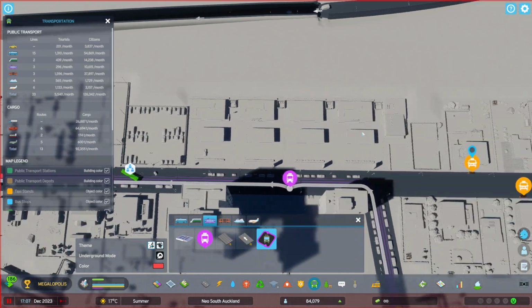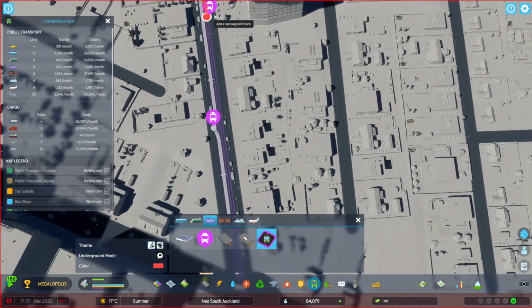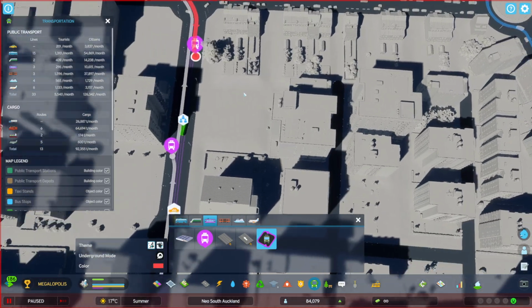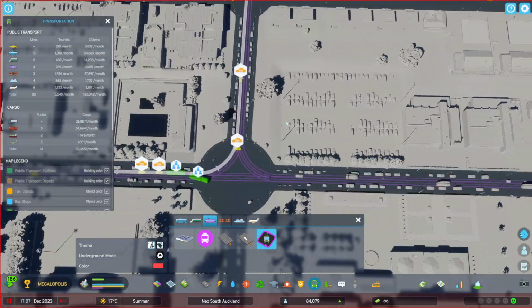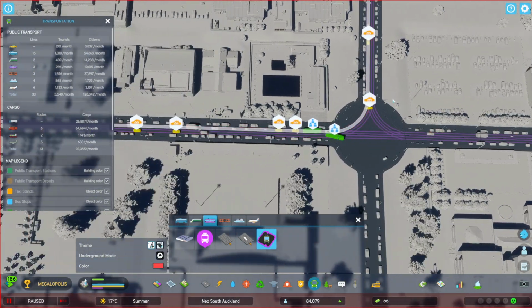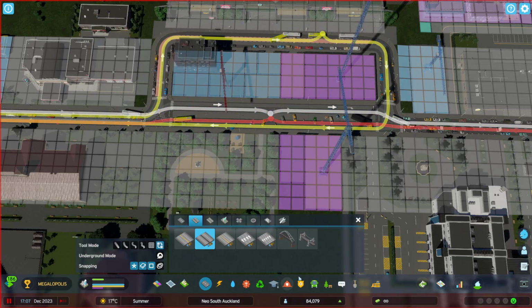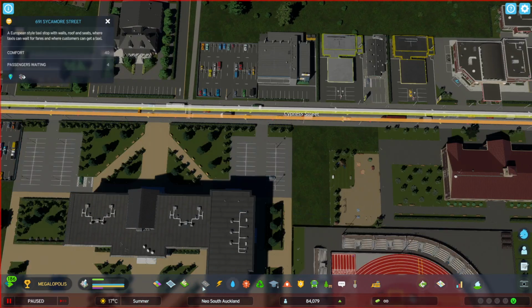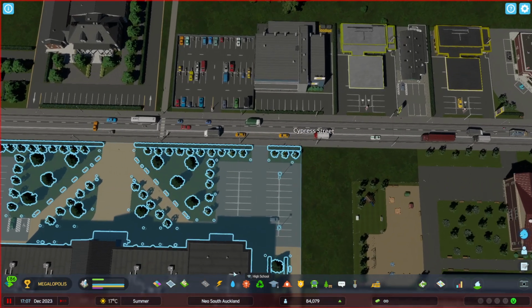Oops, what am I doing? Wrong side of the road. This also will allow me to intensify this area even further. Okay, so that is that. So now I need to go to the 3+1s. Oh, don't give me that. Okay, I just need...